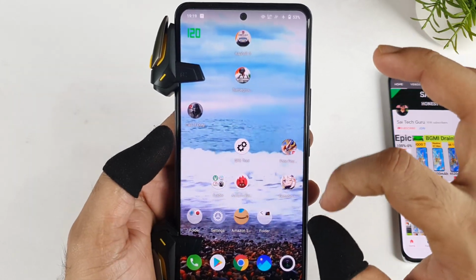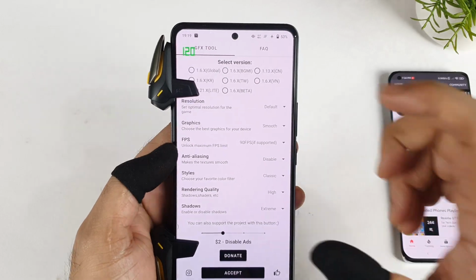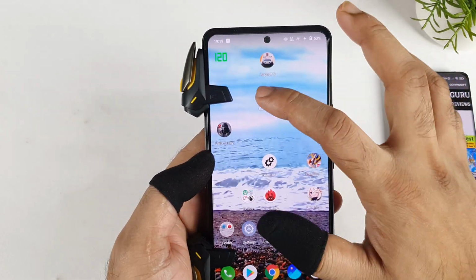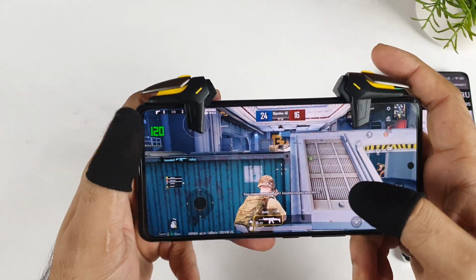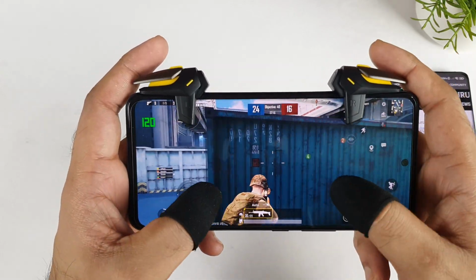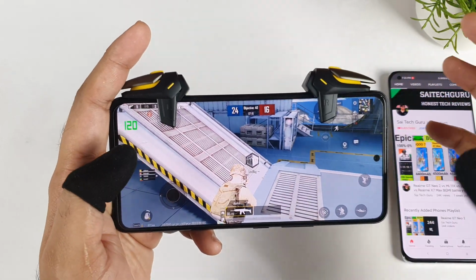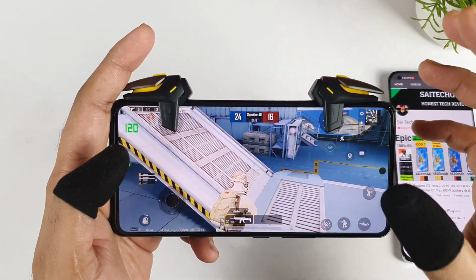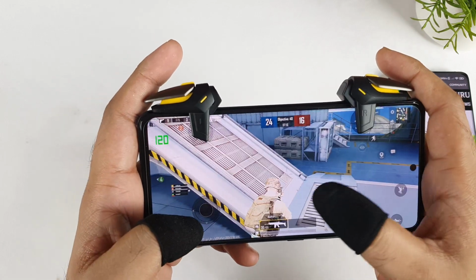The only disadvantage in this device is that there is no real-time FPS meter available. That's the main disadvantage at this moment in this iQOO and FunTouch UI. They should definitely add the real-time FPS meter, which will be really helpful for a lot of other users who want to see the FPS count. If you want to use a third-party FPS meter, they are very expensive. That's the reason I was unable to use the previous FPS meters. Before they used to be free, but right now they are paid versions.